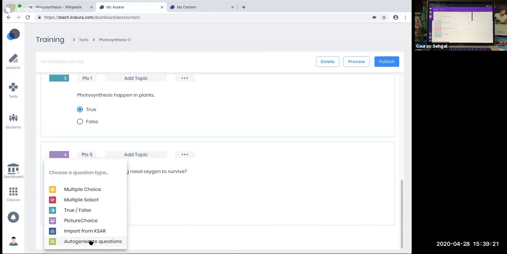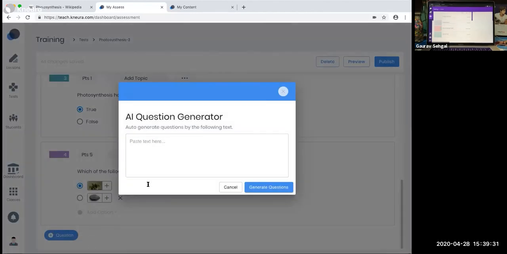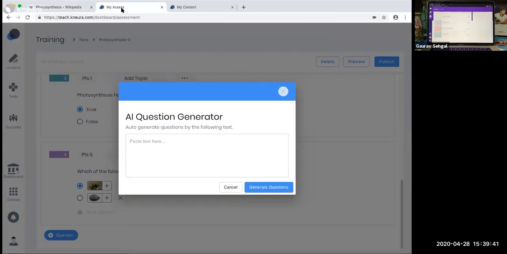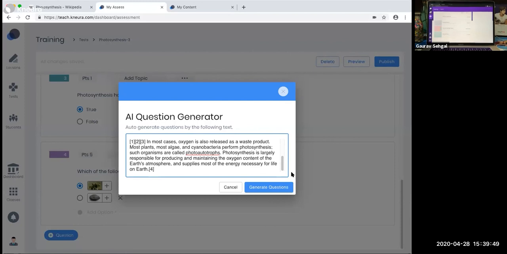Similarly, one of the key highlights of our platform, especially in terms of assessment, is to automatically generate the questions. The moment you click here, we have an AI question generator. Let's say, for example, I have some topic, so I can just copy content from a PDF or a textbook or any online material and just paste it here. My AI will run in the background and give me a set of questions. I will have the ability to select a question, modify it, and add it to my question bank.